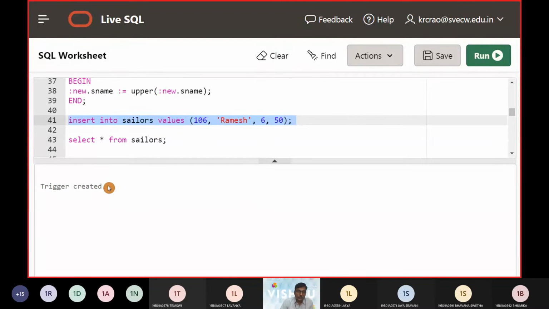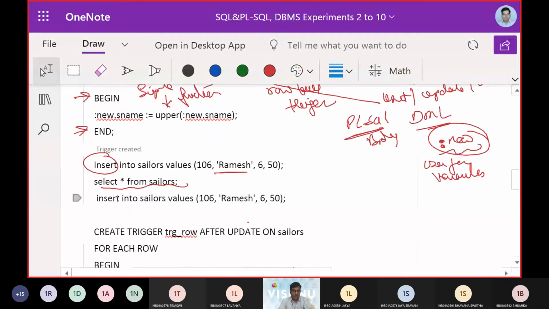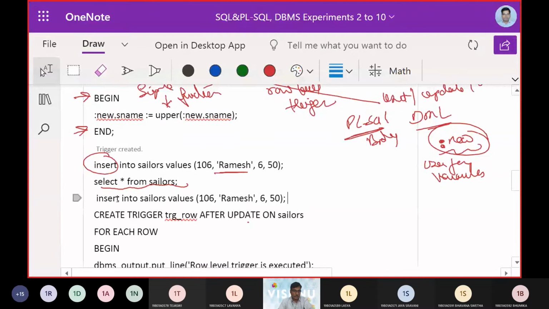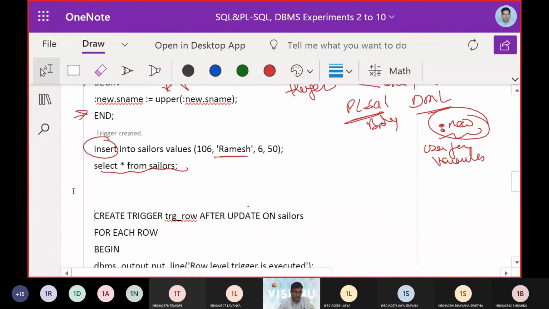So now the trigger is active because the trigger was created. Now we are going to make an insert operation. So you can see that when an insert operation happens, one row was inserted. But let us see how this insert operation was changed.